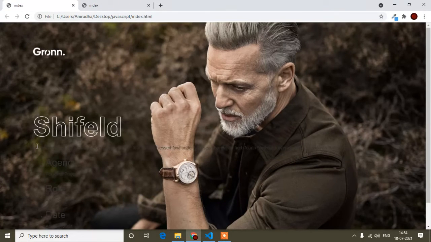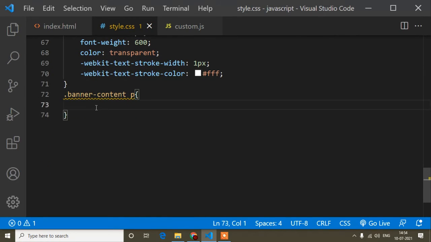So now I will add the design for this p tag. So first of all, in this p tag I will add color.